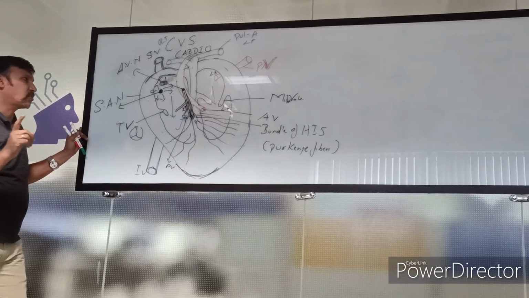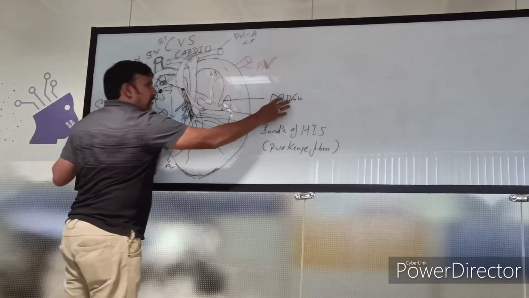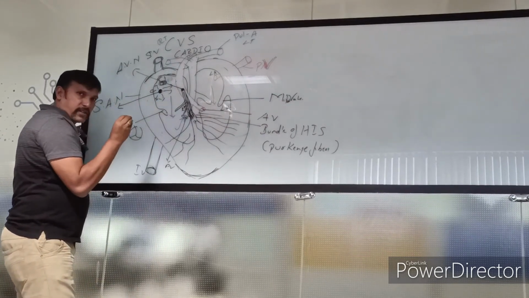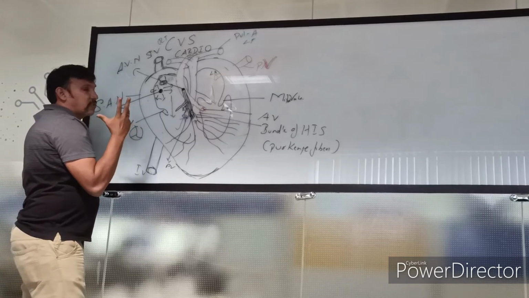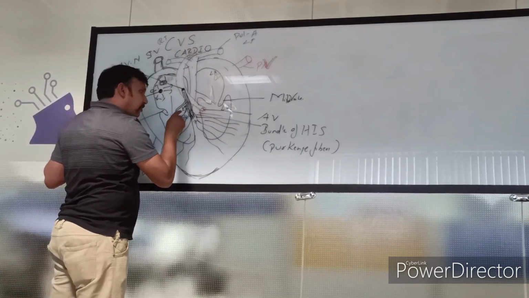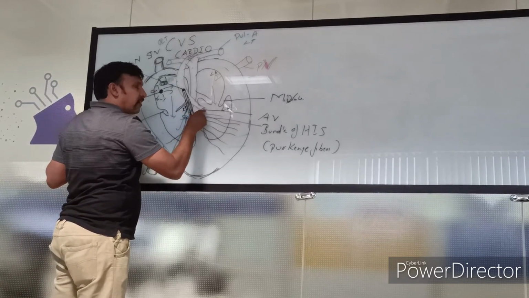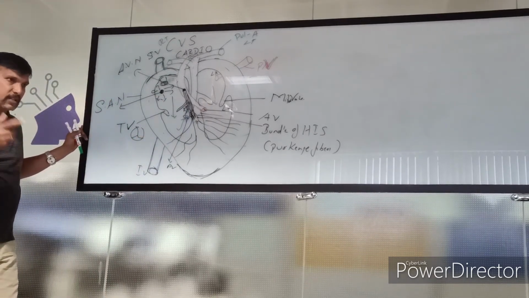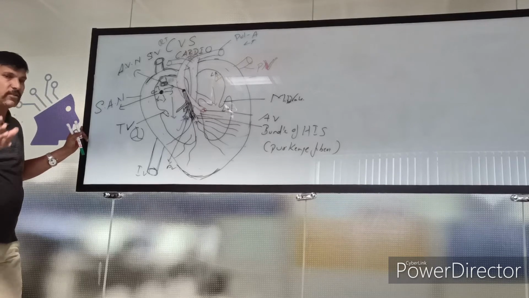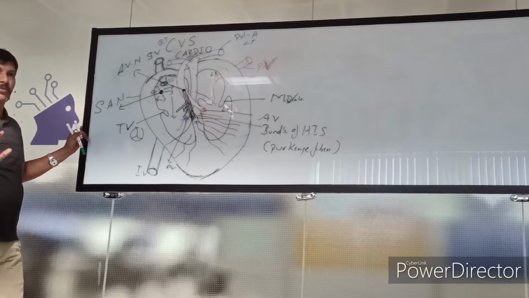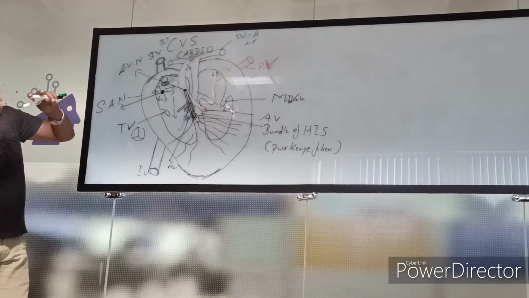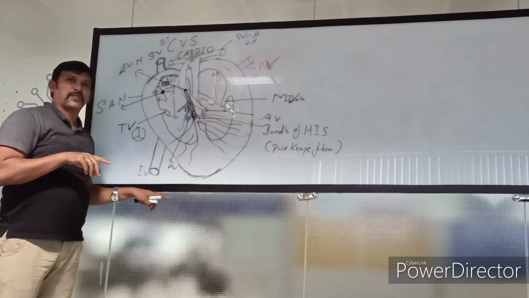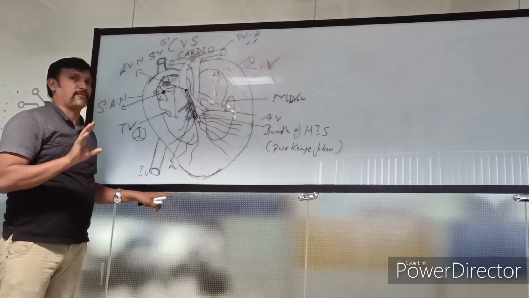S1, the first heart sound, happens because of mitral valve and tricuspid valve contraction. Your second heart sound is because of contraction of the pulmonary and aortic valve. As I told you, just understand as I am telling you the first time. Later when you hear it again or read it again, you will be able to remember this. But understand this like a scientific phenomenon that is happening within ourselves. A wonder that is happening by itself.